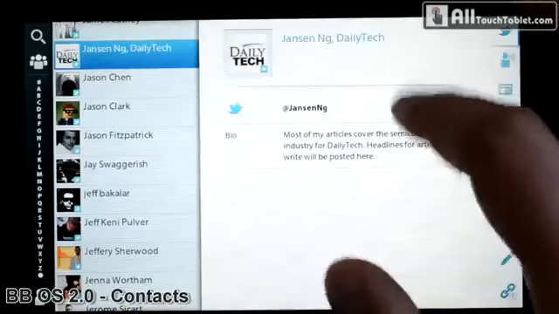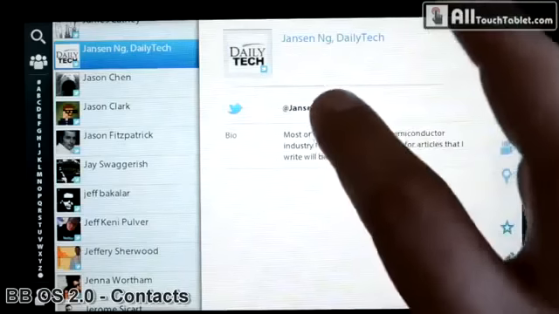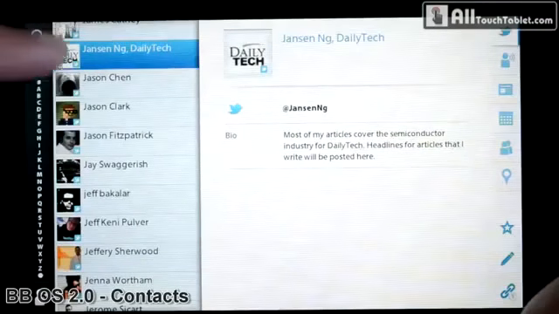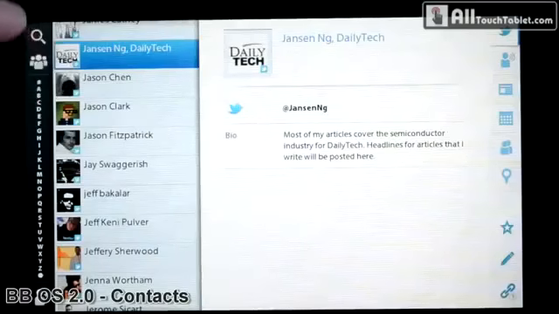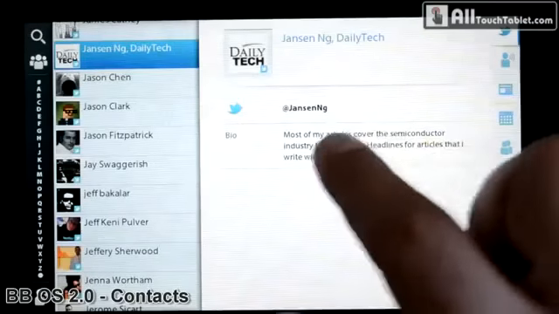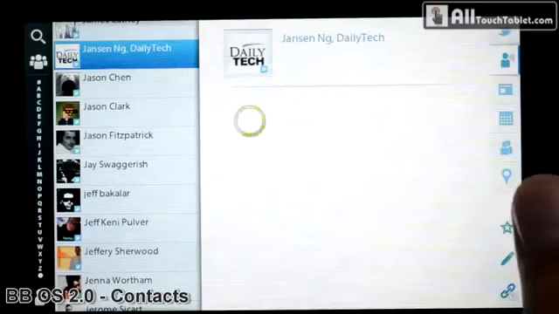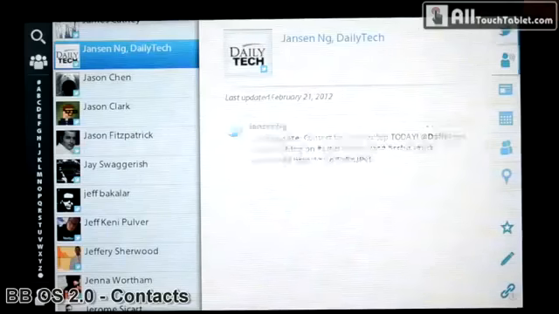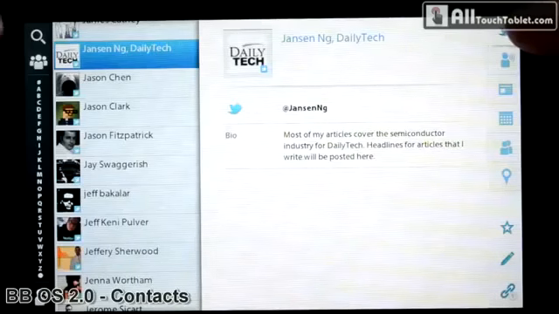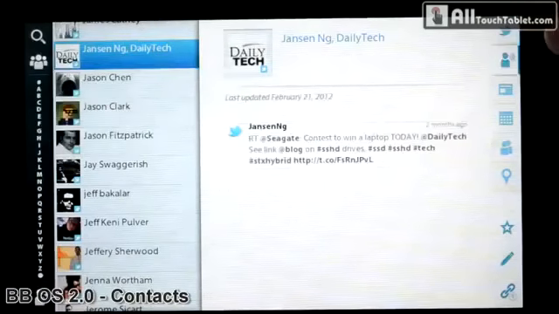Here we have expanded one contact. You have the Twitter username, and each contact, each thumbnail, has a small pictogram in the lower right corner that shows you where this contact is from. It's Gmail, Facebook, or your normal Gmail contacts, or Twitter. They have a bio here. So this is the Twitter description and username. This is the last tweet, last message from this person, even if it's via Facebook or Twitter.